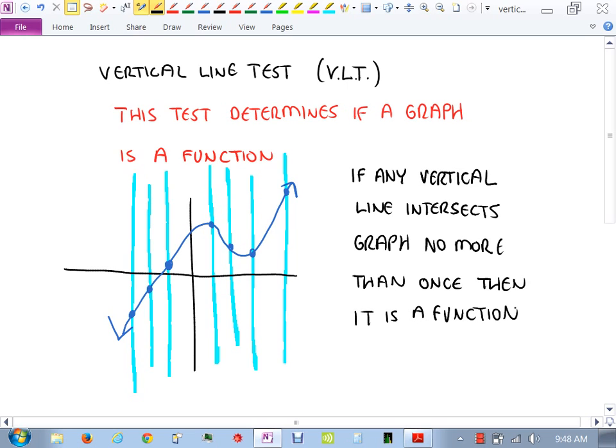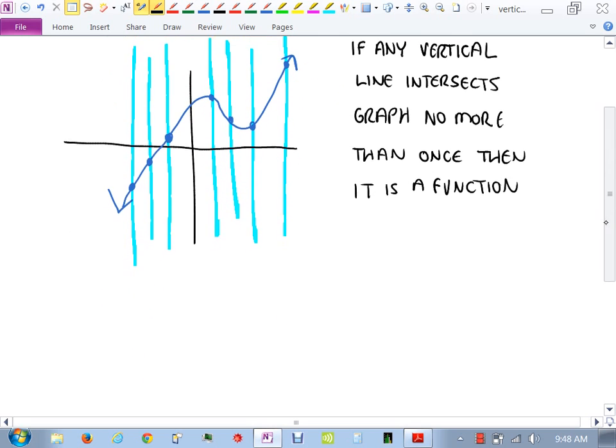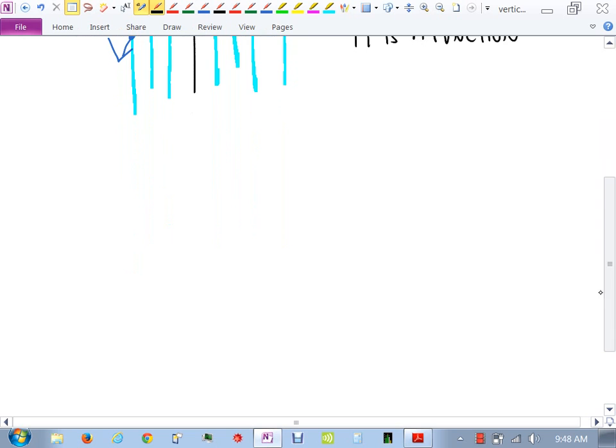Remember, when we talked about function last class, we talked about the idea that a function takes an input and spits out an output, right? Input, output. This is a function because it passed the vertical line test, which means that for every input that I plug into this function, which we don't know what it is, it spits out exactly one output. So let's take a look at something that would not pass the vertical line test and therefore would not